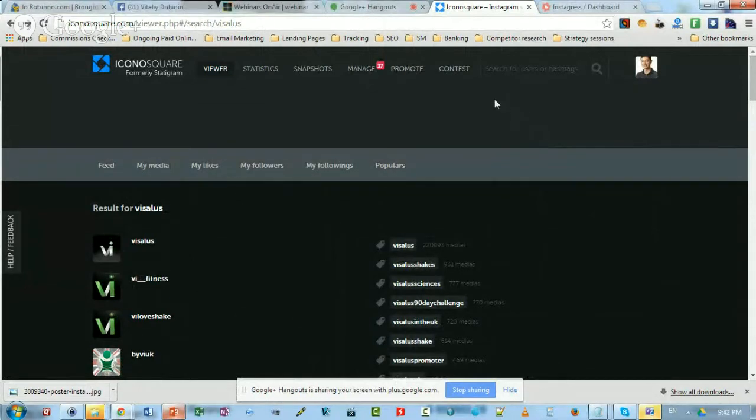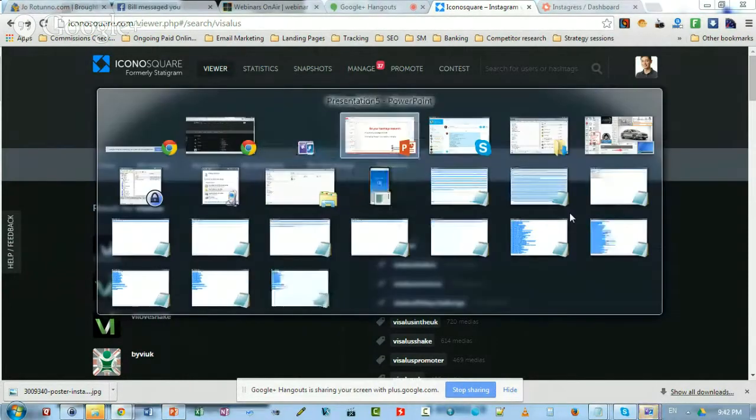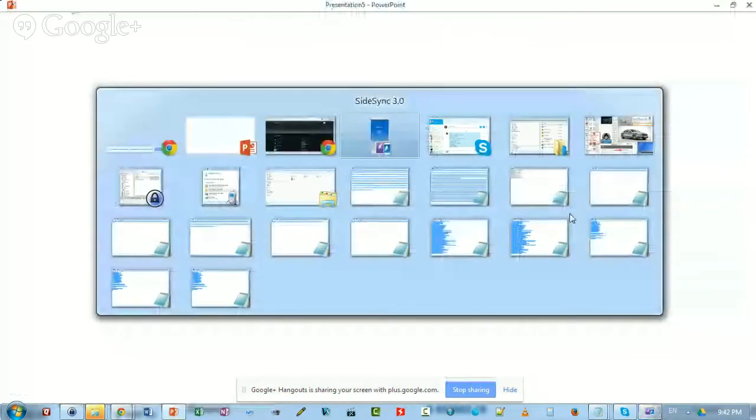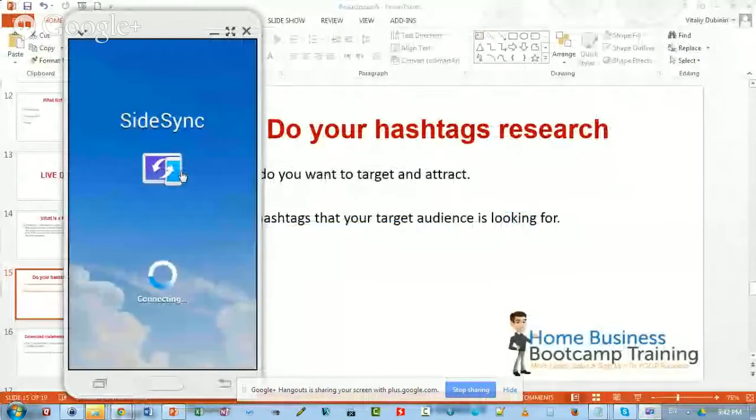And you can go into Instagram, which I'm not sure why this app is not showing up for me, because I want to share my screen. For some reason, it decided to stop working.